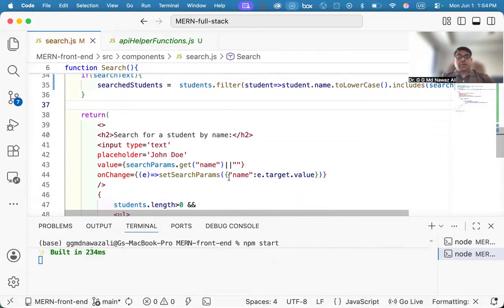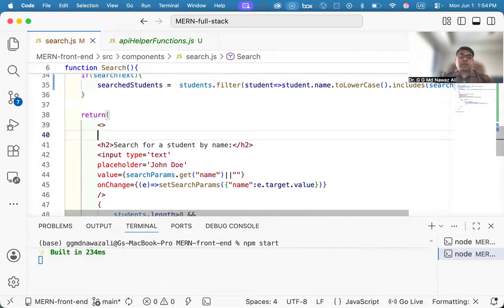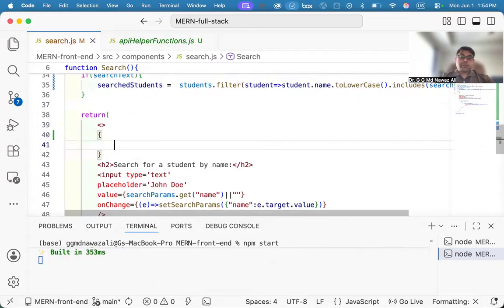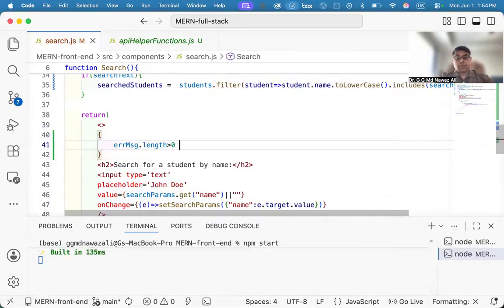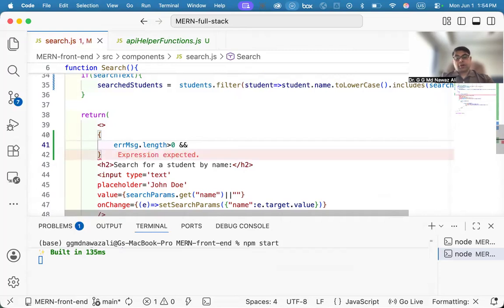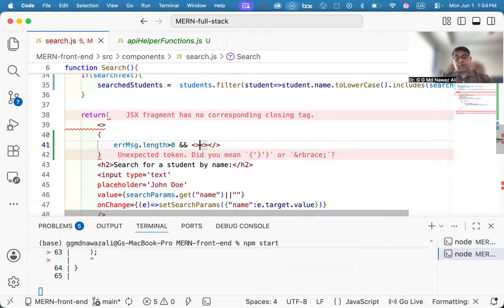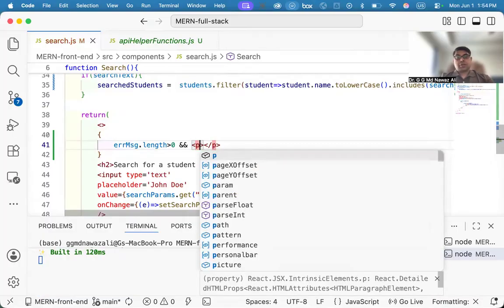Let's go and modify some parts that we need. Let's say that if you want to generate the error message, we write errorMessage.length is greater than 0. It means that it's a non-empty string. Then we write a conditional rendering here that just generates